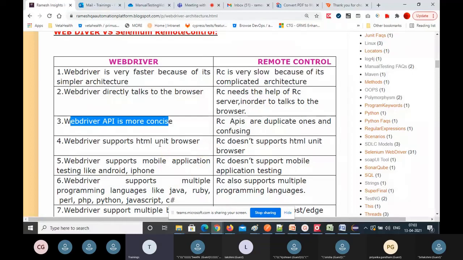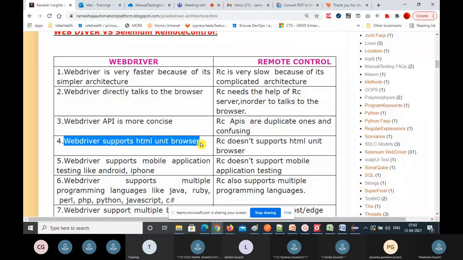WebDriver supports the HTML unit browser, and RC doesn't support the HTML unit browser. The Microsoft Edge browser is also supported by WebDriver, but RC doesn't support it. And WebDriver supports mobile application testing. Now it is separated from WebDriver. Initially they created an Android driver and iOS driver, something like that.